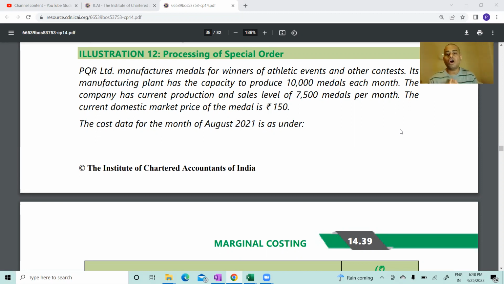So when you are solving these kinds of questions, what we are going to see now, illustration 12 onwards, you'll see a lot of decision-making areas. Okay, so to revise the concept once again,